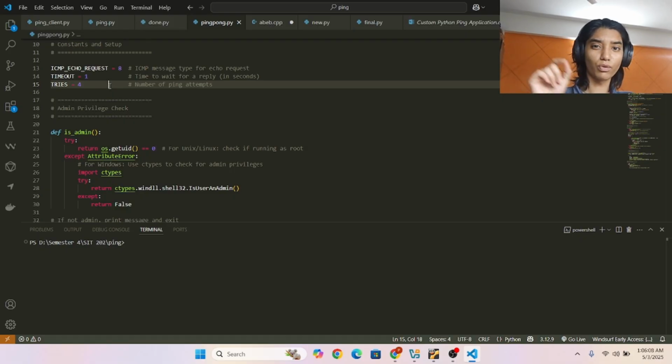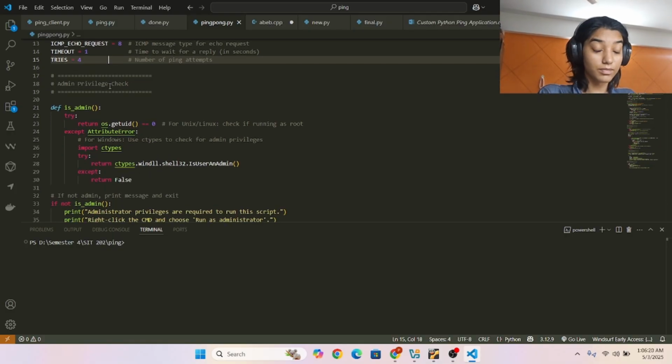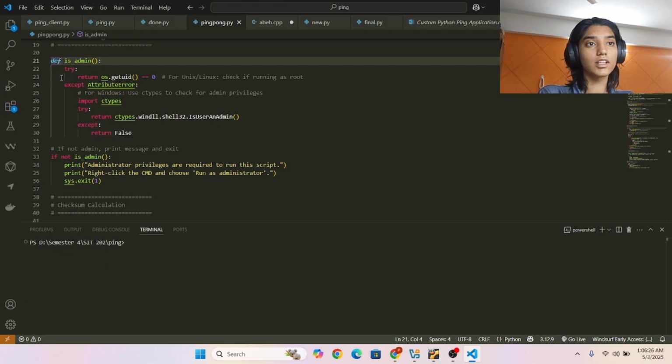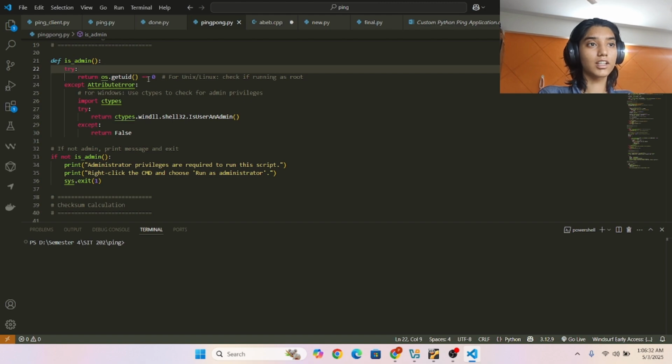It gives 4 tries, like it attempts to ping that particular destination IP address 4 times, and if it fails 4 times, then it says you're not able to connect to that particular DNS server. So basically, we have this is_admin function, and what it does is